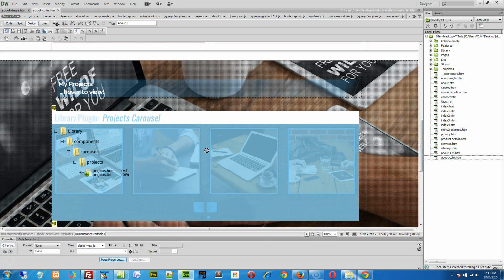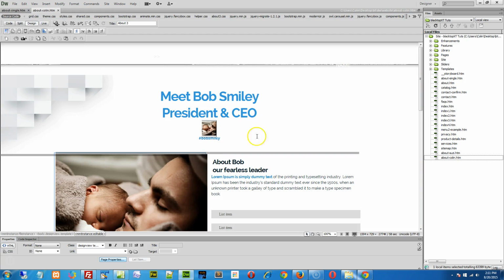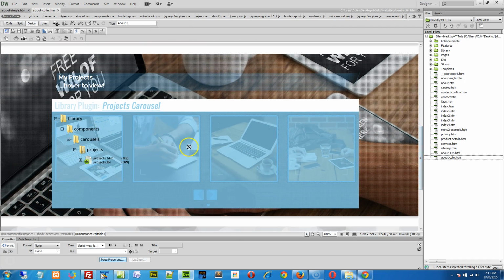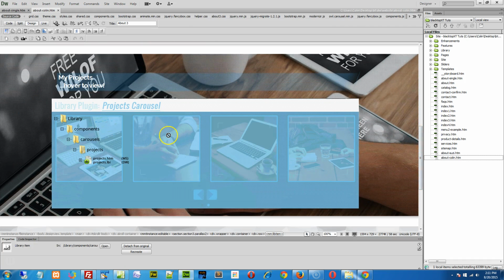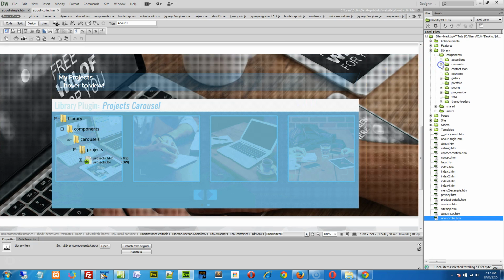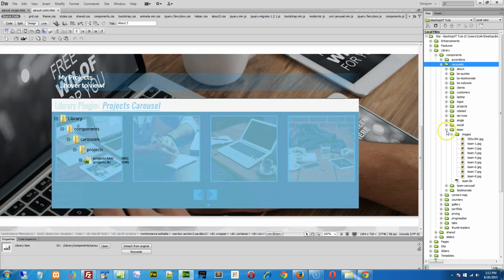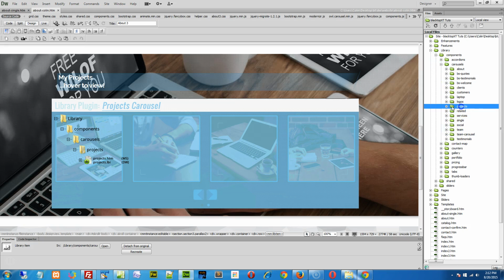These are my projects here. So I'm going to Control-Shift-I on the keyboard to get rid of all the visual aids to start with. The next thing I'll do is create a copy of the library file and change the link to the library file right here. So I'll go to my library. See, we have library components, carousels, projects, right? So library, carousels, then we have projects right here, and there's projects LBI. So I'm going to copy and paste this and rename it to projects